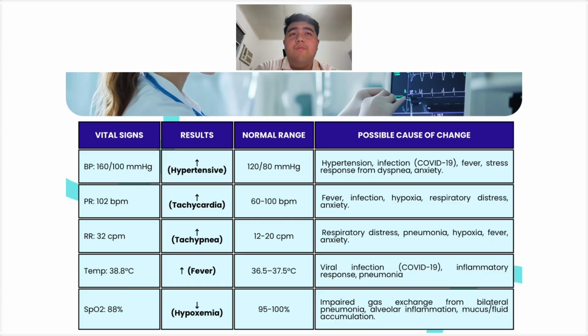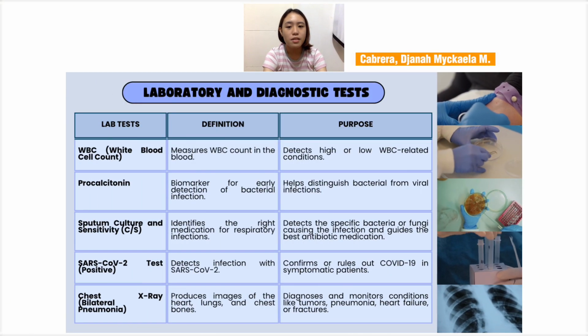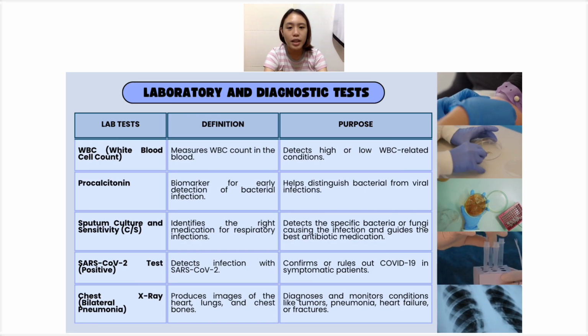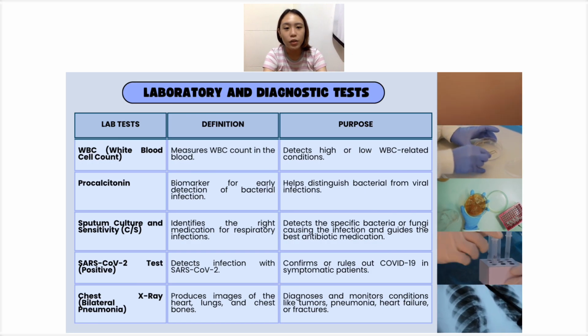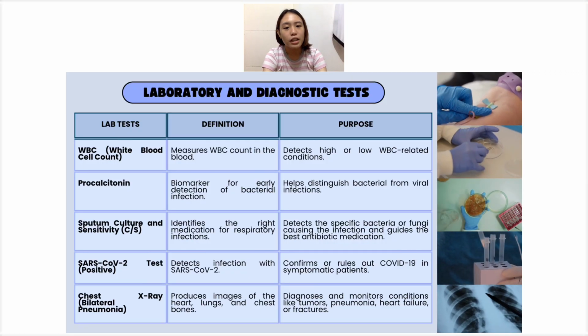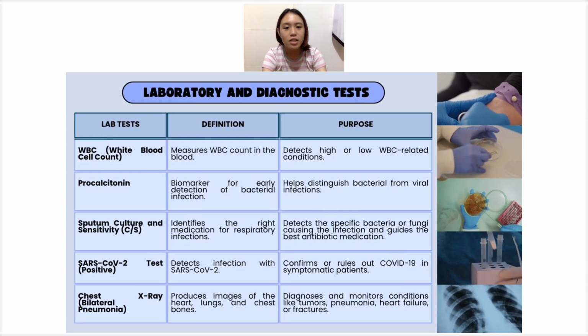The possible cause of change is impaired gas exchange from bilateral pneumonia and alveolar inflammation, mucus, or fluid accumulation. That's all. For the laboratory and diagnostic test, WBC, or white blood cell count, measures the white blood cells in the blood. Its purpose is to identify conditions related to high or low WBC. For the procalcitonin, it is a biomarker for early bacterial infection, where the purpose is to differentiate bacterial versus viral